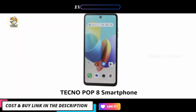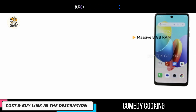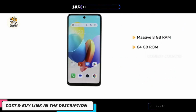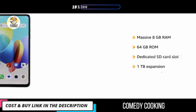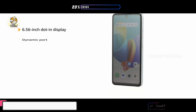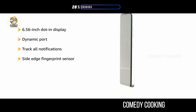Presenting the TECNO Pop 8 smartphone. The available color variants are Mystery White and Gravity Black. It comes with a massive 8GB of RAM and 64GB of ROM, which includes a dedicated SD card slot for up to 1TB expansion. Designed with a 6.56-inch dot-in display with Dynamic Port to track all notifications, an ultra-fast side-edge fingerprint sensor